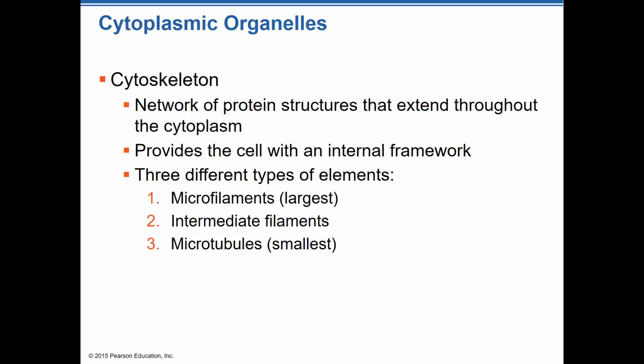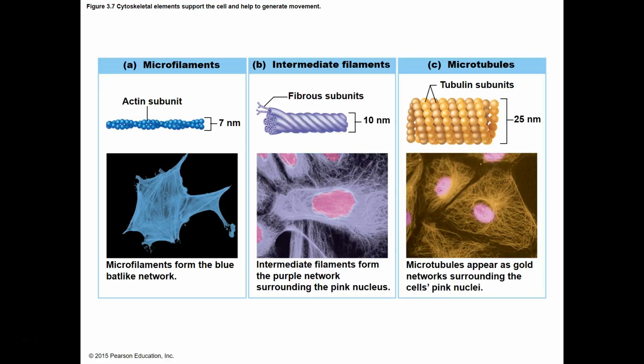Also, there's a cytoskeleton present inside of there, and it's typically considered an organelle. Basically, it's a network of protein structures within the cell to help that cell keep its shape, or keep it within its framework of a shape. And there's 3 different types of elements that make up that cytoskeleton. Of course, there's microfilaments, intermediate filaments, and microtubules. Okay? All right. And we can see those. This is a pretty good depiction of those.